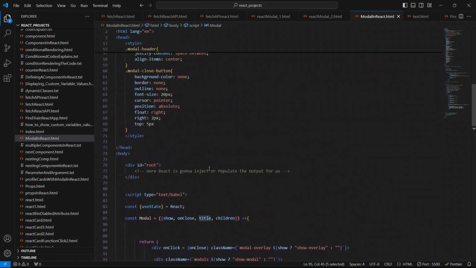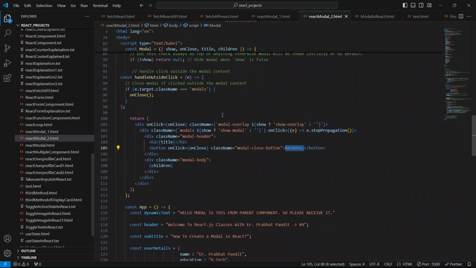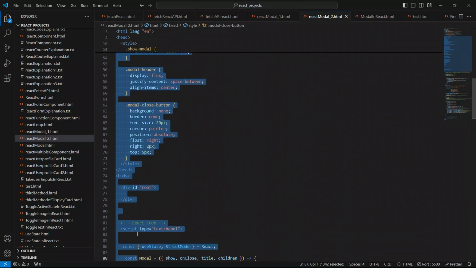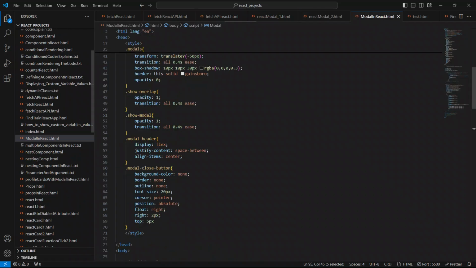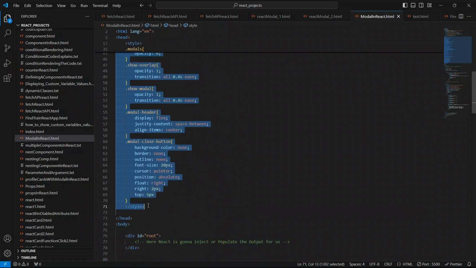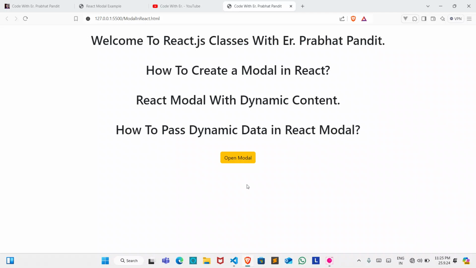Guys, let me just replace this CSS with our example CSS. Copy this style from here to here and come to the code and just replace our style sheet, because there is no issue in our React code, in our JavaScript code. So replace this, is it. Save your code and go to the browser, and now